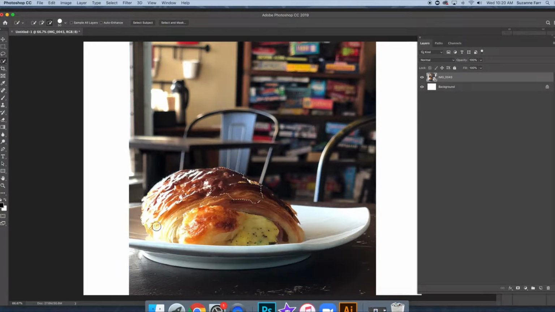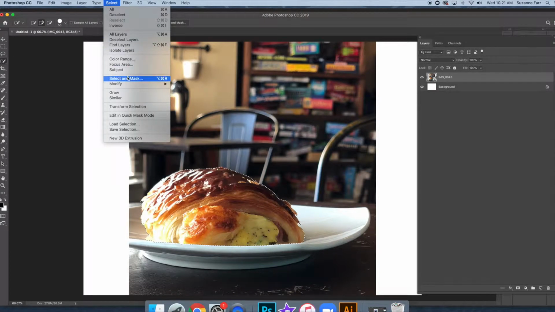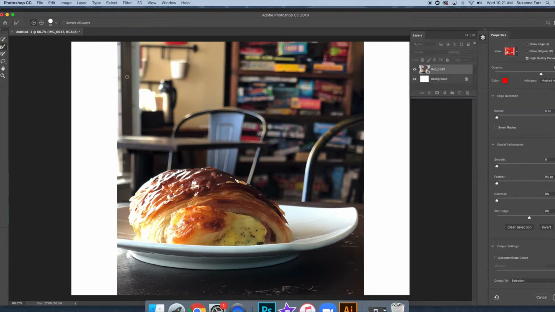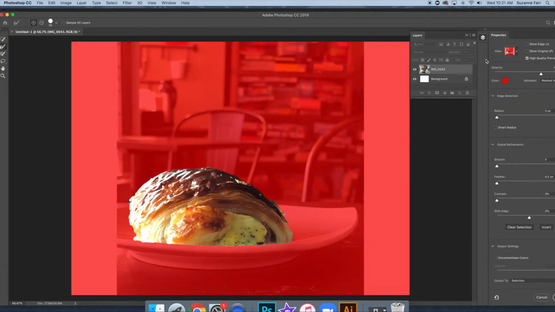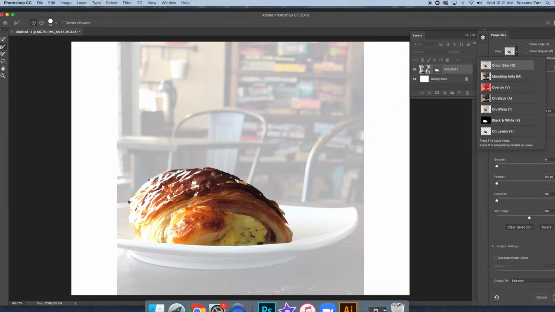In this example of selecting a croissant, I use the direct selection tool and use the minus selection tool to fix stuff around the edges. Then go into Select and Mask, and I like just using that button, but you can go into Select and then Select and Mask. And once you do that, there are different filters that show up that help you make